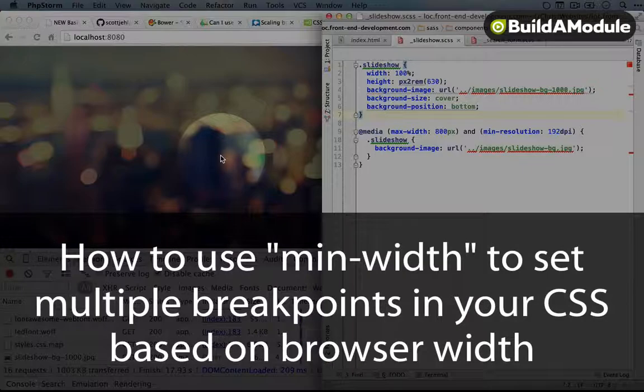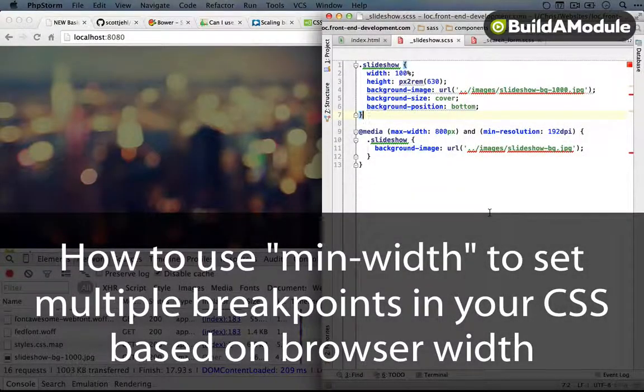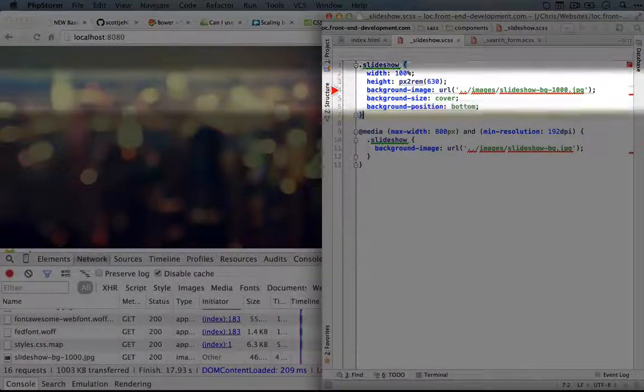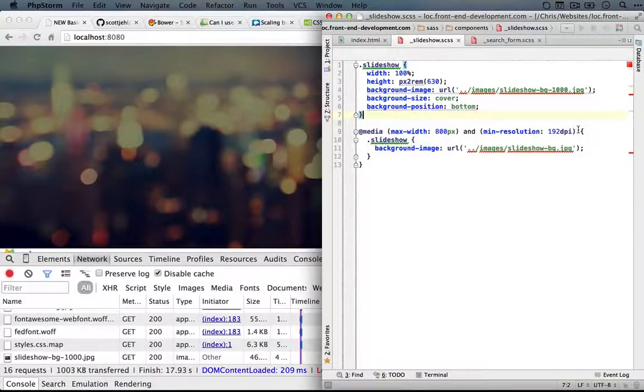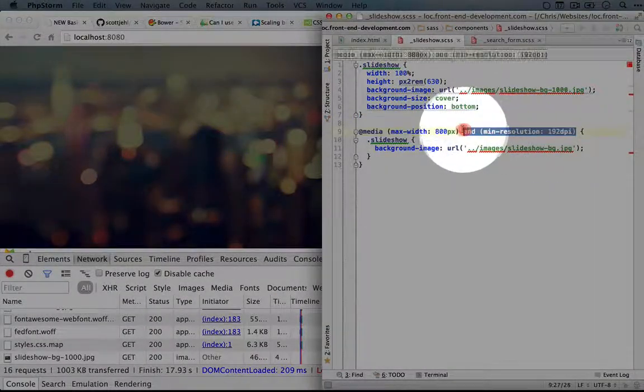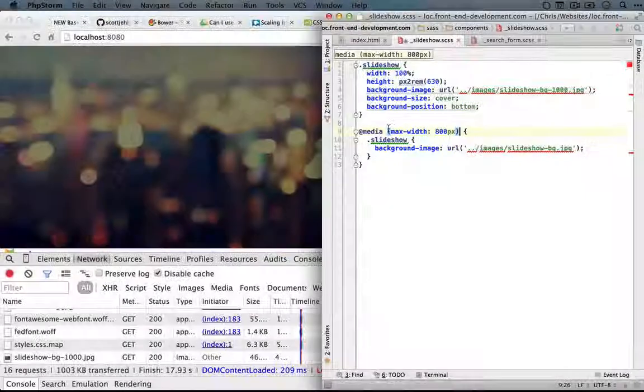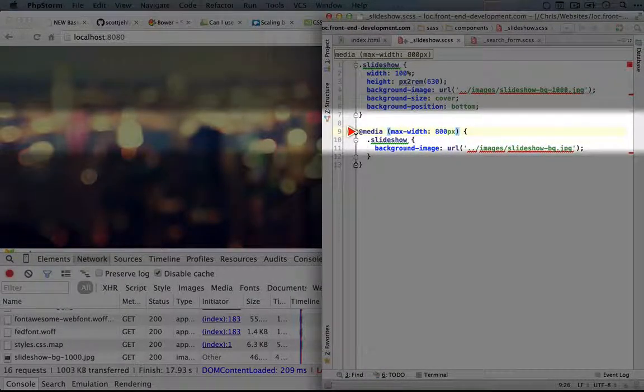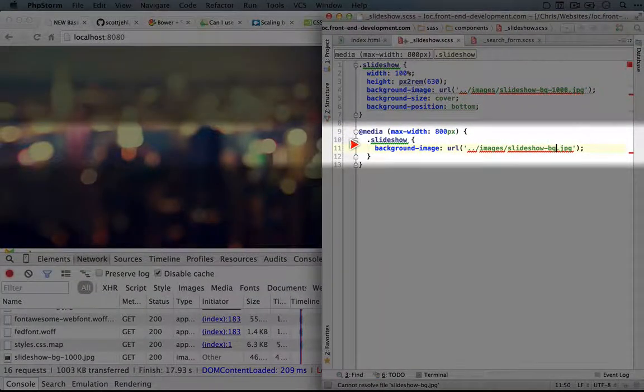Now I think for this, it makes sense to me to just focus on the width, and we'll add higher resolution images the wider the div is. So we'll set the default to the lowest resolution, and then in our media query, I'm going to remove the min resolution here. And when we get to the 800 pixel mark, let's go ahead and bump this up to the 2000, so twice the resolution.